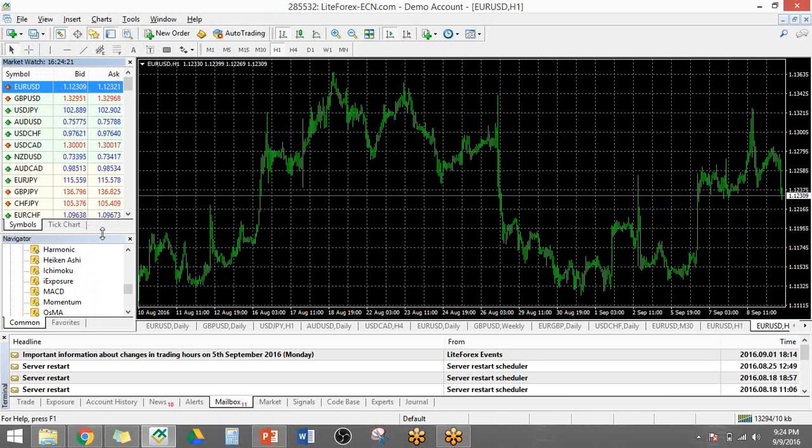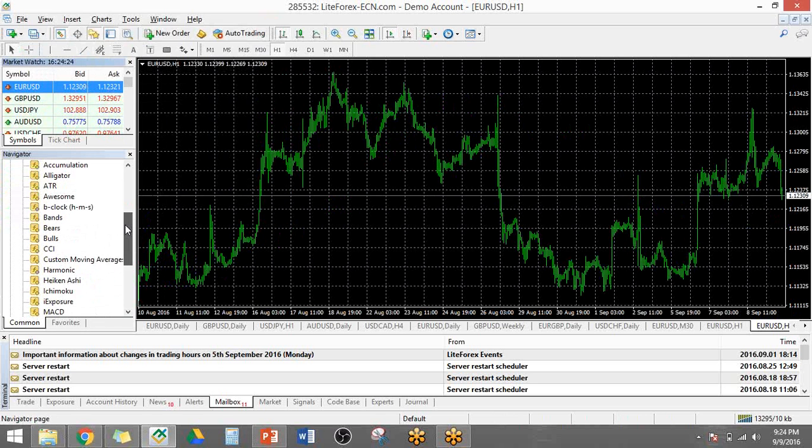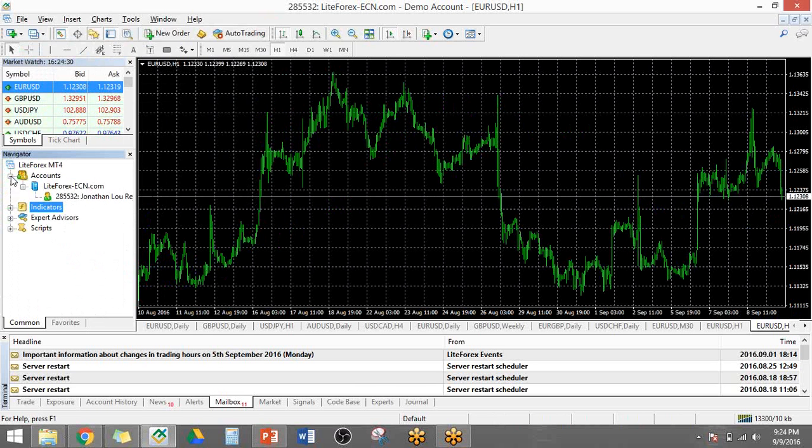Okay. Now, moving on to Navigator. Navigator, you have here basically three things. You have your accounts, you have your indicators, and you have your expert advisors. So let's start with accounts. For Navigator, this is where you'll see all your accounts.